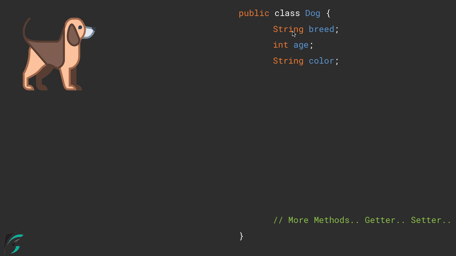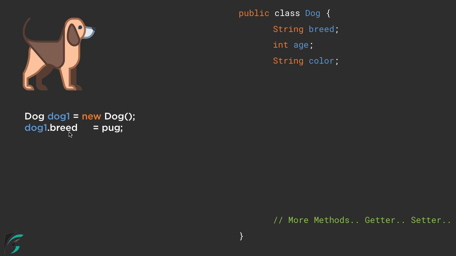Here again we have public class Dog, with String breed, int age, and String color. We have three properties. When you create an object dog1, you should never initialize the properties breed, age, and color by directly calling dog1.breed, dog1.age, and dog1.color. Previously we used dog1.breed equal to pug, so we accessed the breed field variable directly.